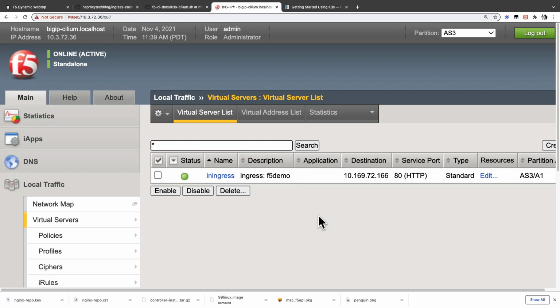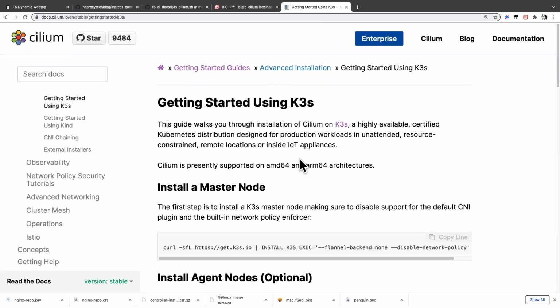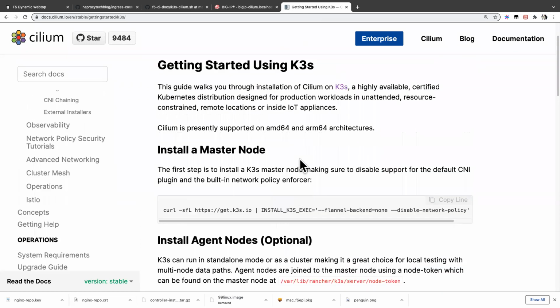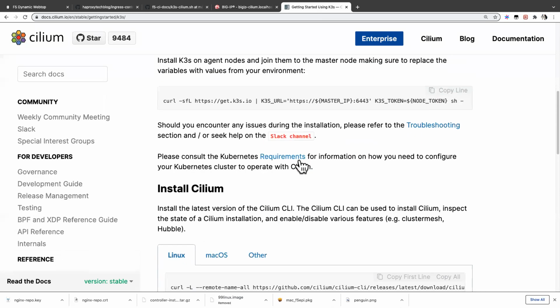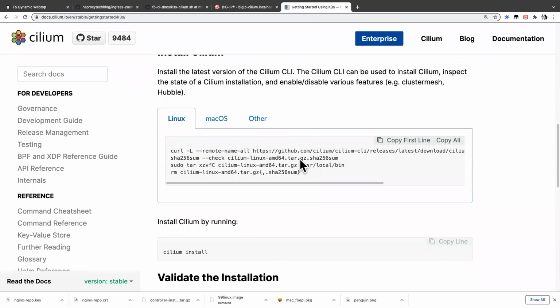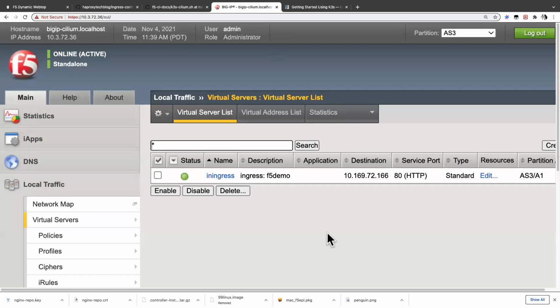Hi, hello. Today I wanted to talk about the K3S and the Cilium integration. So this is a Cilium article talking about K3S. So you can deploy Cilium in K3S. And more than that, today I wanted to talk about a big IP, K3S, and the Cilium integration, and